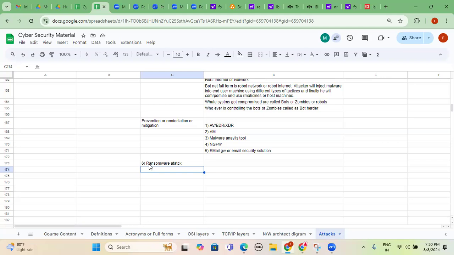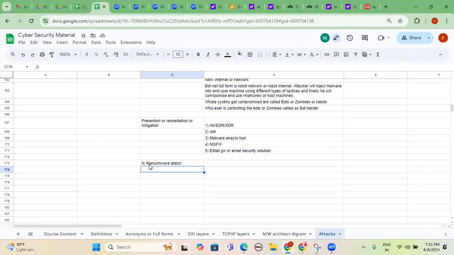And who is compromising our system? That may be the entire operating system or a single file or group of files. Obviously the attacker. And with whom is that particular password now? Is it with the end user or with the attacker? Attacker. Now he will blackmail the respective end user or company, stating that if you don't pay money in the form of bitcoins or digital currency or wire transfer and so on, we will delete those files from the end user's system. So this is how the attacker does the blackmailing.